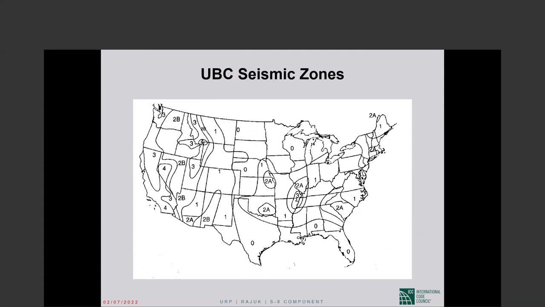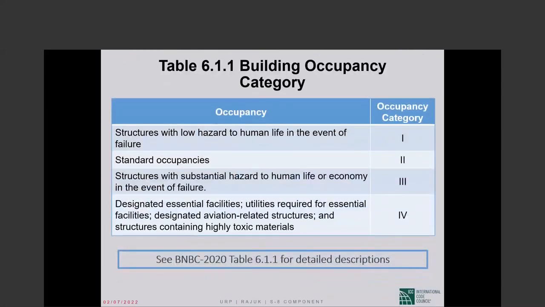So UBC had zones 0 through 4, except there were 2A and 2B. The 0 was non-seismic, 4 was the highest seismic. Anyway, let's not get back there. So back in those days, the zone in which a structure was located determined